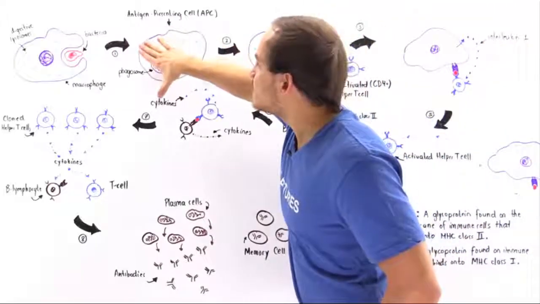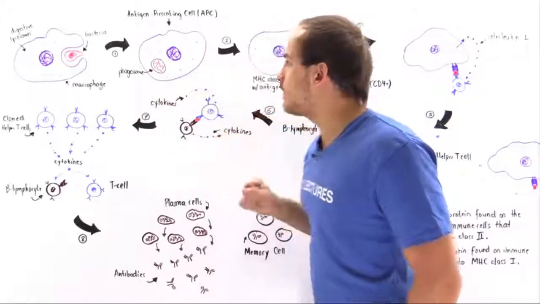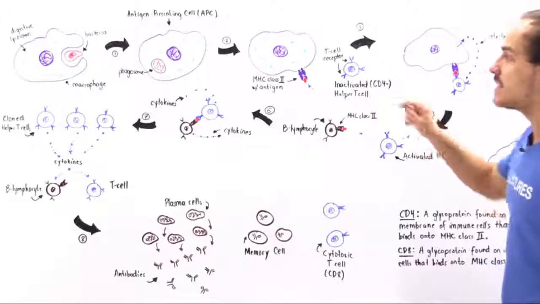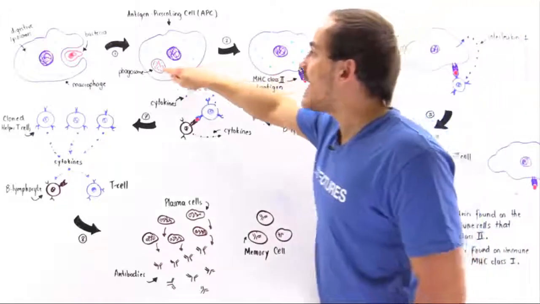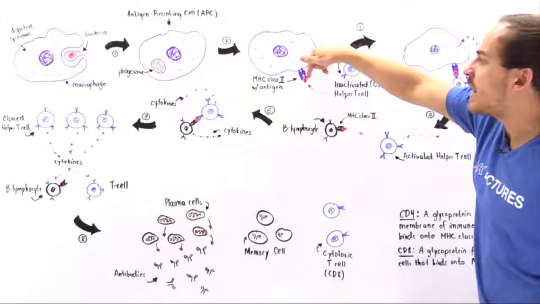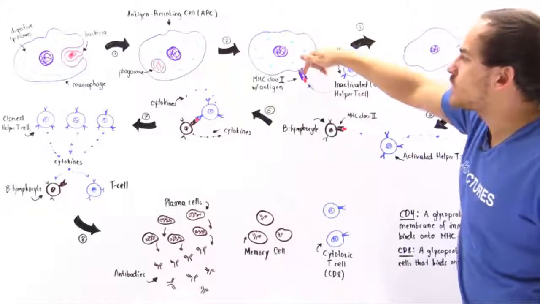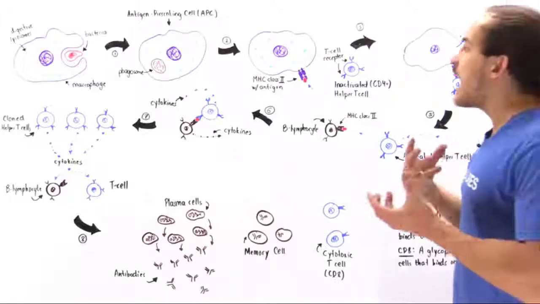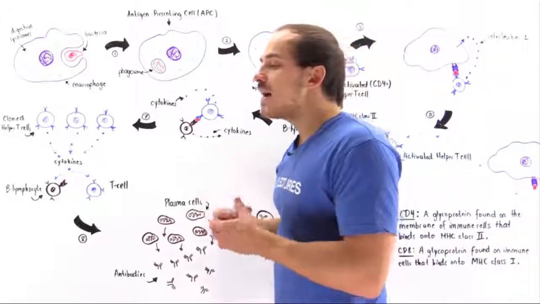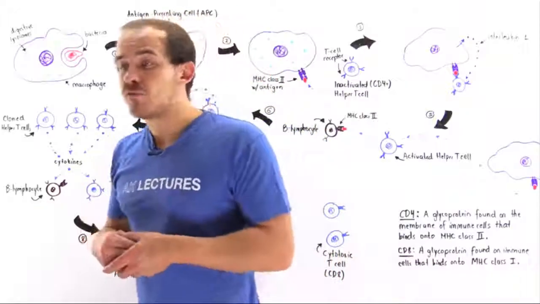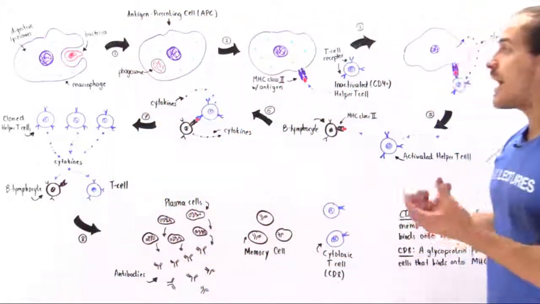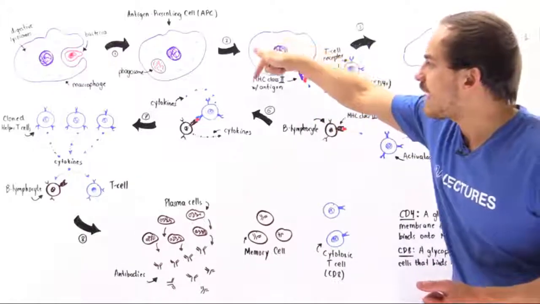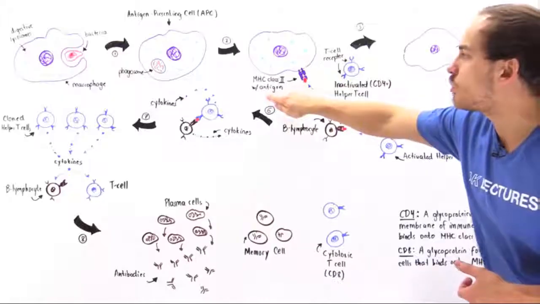So this antigen presenting cell, our macrophage, creates the MHC class 2 complex. It places it on the surface, and it takes an antigen, which is shown in red, and places it onto this region on the MHC class 2 complex. Now, what happens next is another type of leukocyte, another type of white blood cell, can now interact and communicate with the macrophage as a result of the presence of the MHC class 2 complex along with the antigen shown